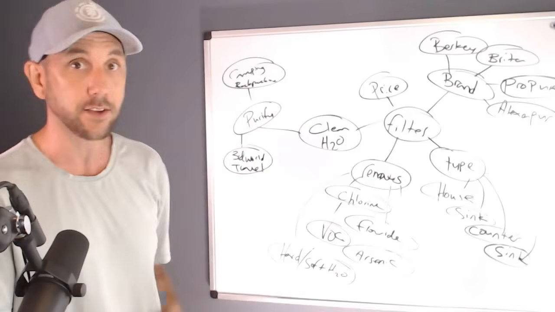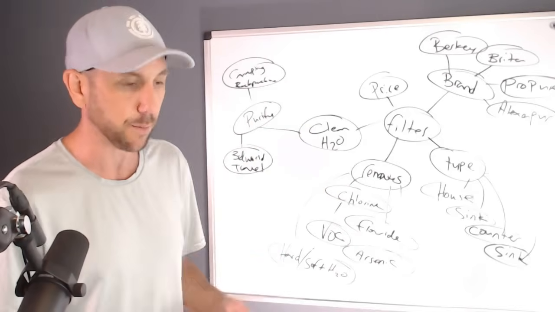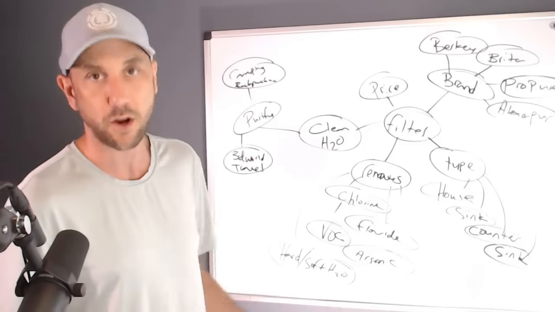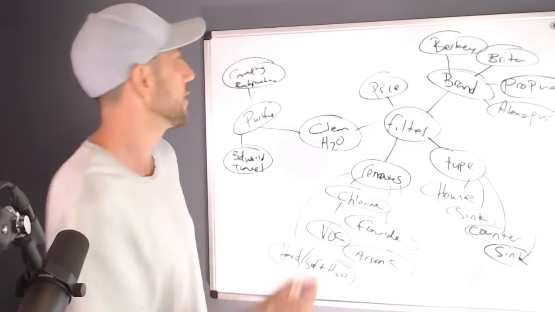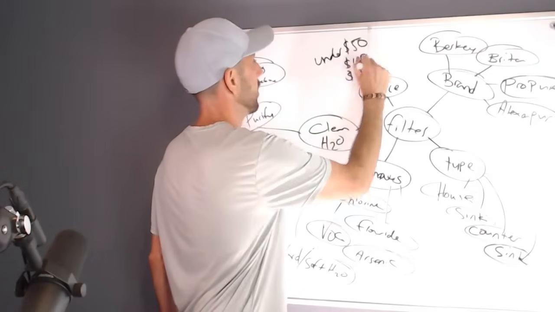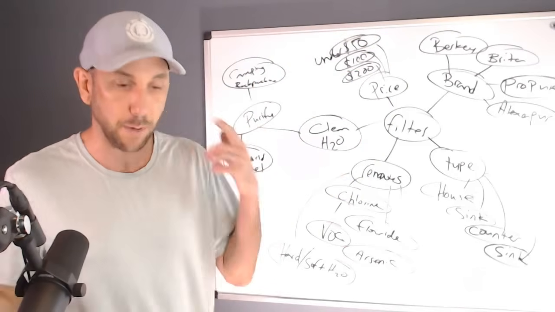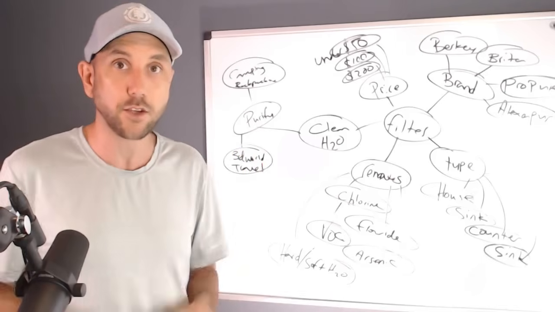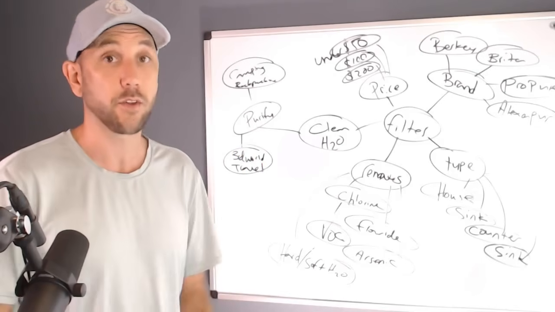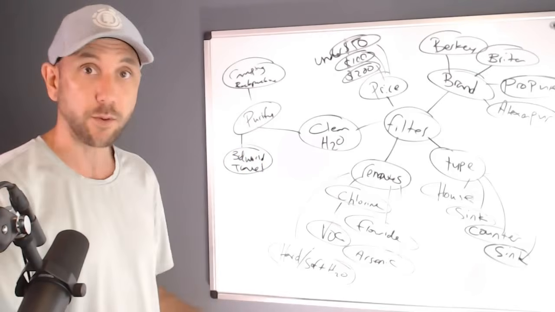So let's go off the price here real quick. This is a really easy one to base off of, right? There's under $50, there's under $100, there's under $250, etc. So again, these are kind of the types of ways people search. My goal here is to get in the mind of my user and think, what are they going to be searching for? Are they going to be searching for cheap filters, right? Do they want to know based on price?